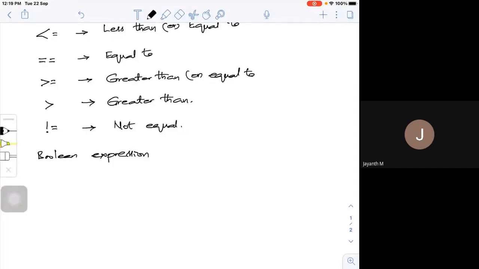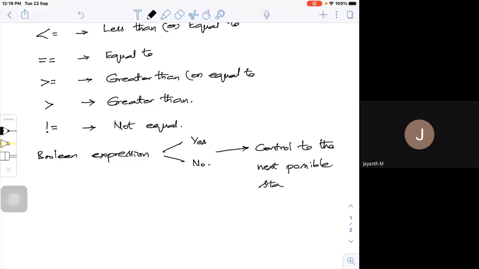It will end up with either yes or no, and it passes on the control. Depending upon this yes or no, it passes the control to the next possible statement.